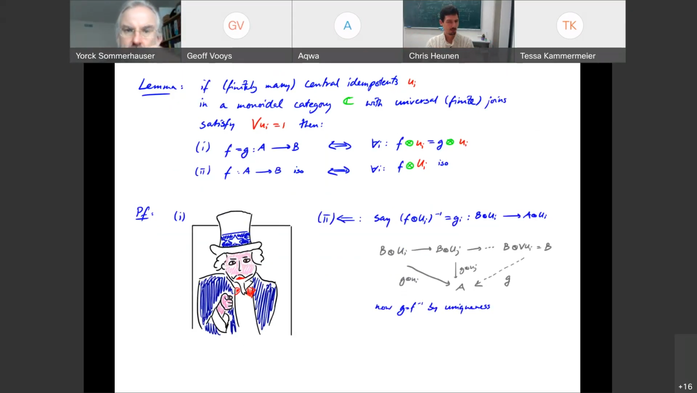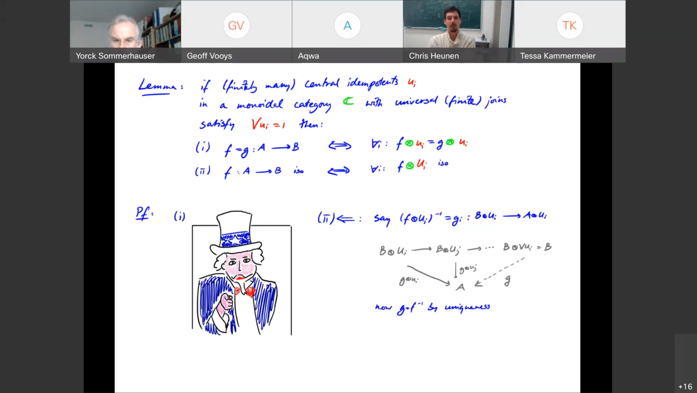More precisely, if you pick a bunch of central idempotents, they could be finite, they could not be, in a monoidal category that has universal joins, that has universal finite joins in general, and if you want more than finitely many central idempotents, then you have to insist that there are universal joins. And anyway, if you pick a bunch of central idempotents whose join is 1, that cover everything, then you can